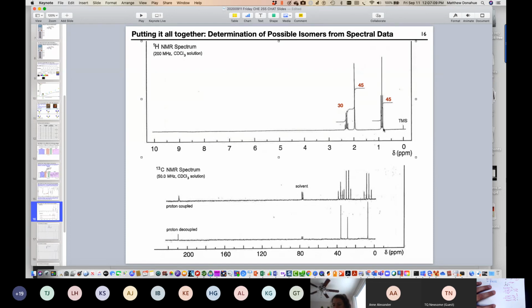Does that make sense? I know that was sort of a crash course in interpreting proton NMR, and again, we're going to go through this in more screencast and chat sessions. But really what we're trying to do is make sense of how we can look at a structure, think about uniqueness, and then assign it to actual data.